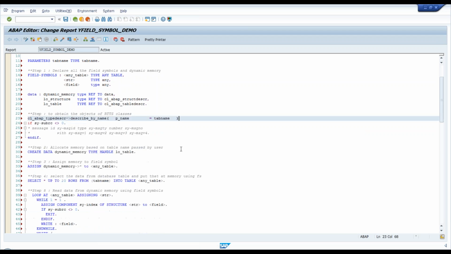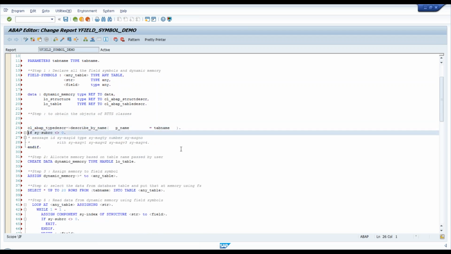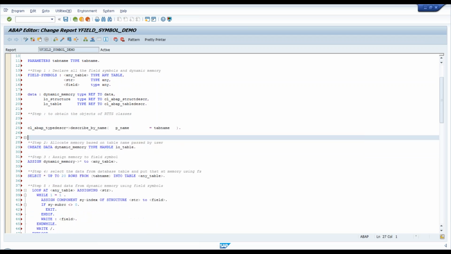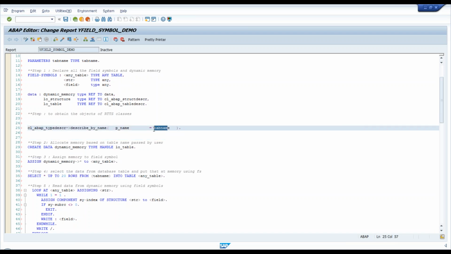I'll remove the rest of the code which is unused. So that's my first object creation. Now the type descriptor class method describe by name will give me an object of this particular table type. So this will give me the runtime type identification object. Now if you see what the returning type of this is,